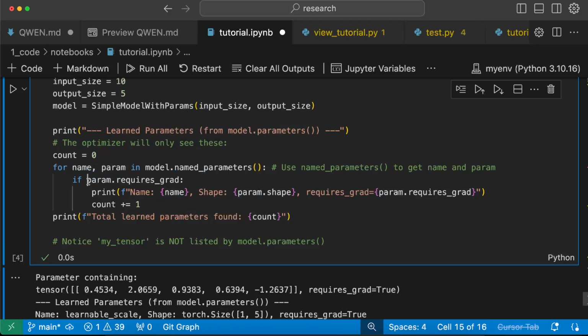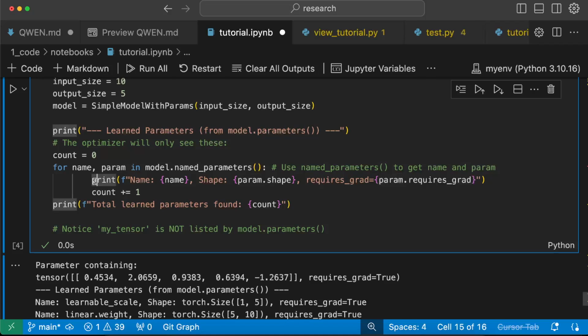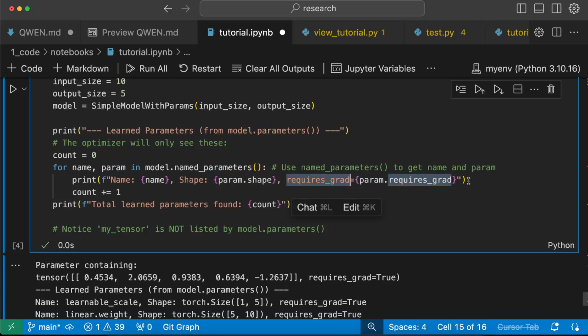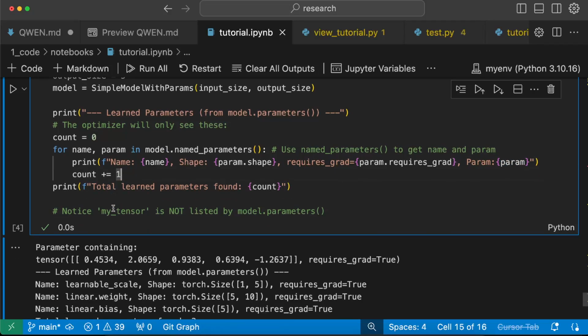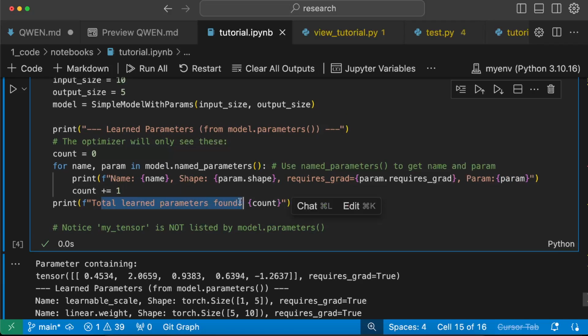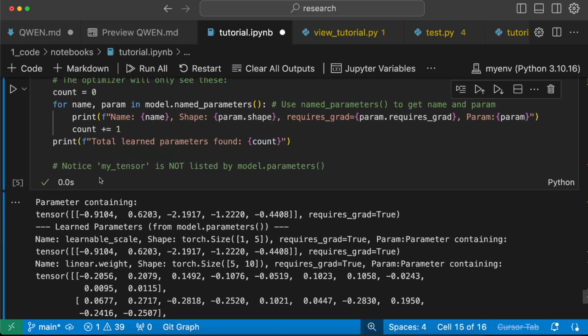So if parameter requires grad, but let me actually delete this as well. We want to see all of them. So we will just print the name of the parameter, the shape of the parameter, so param.shape, requires grad, yes or no. And I also added this to print the parameter itself. So total learned parameters found, we're going to have a count. If I do this,